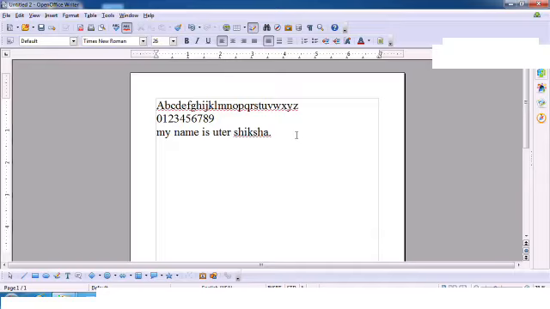And if you keep pressing it, the other letters which are on the left of the cursor keep getting erased. If you press the delete key, the letters on the right side of the cursor get deleted. So this is how you can use the backspace or the delete button to erase letters on the left or the right of the cursor.